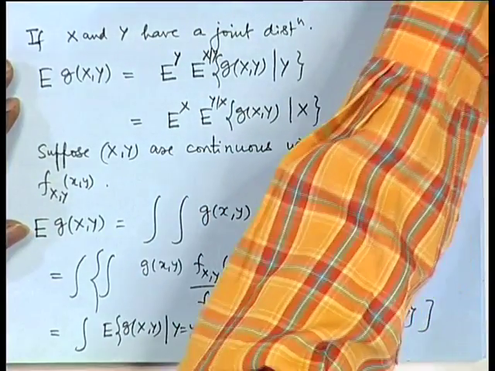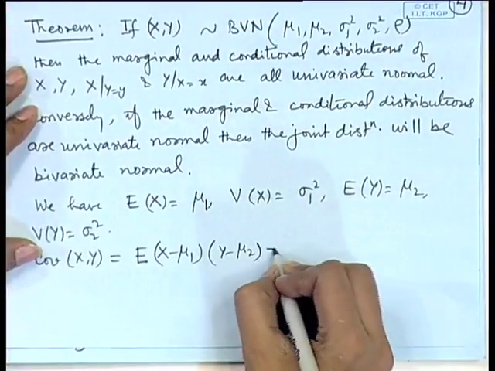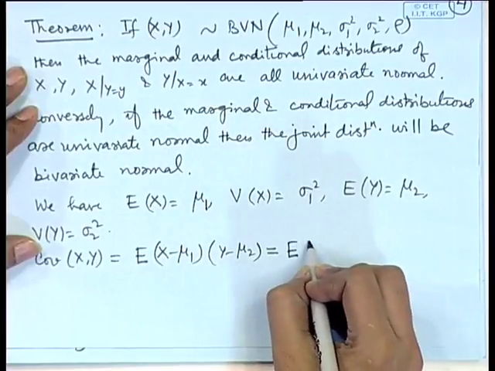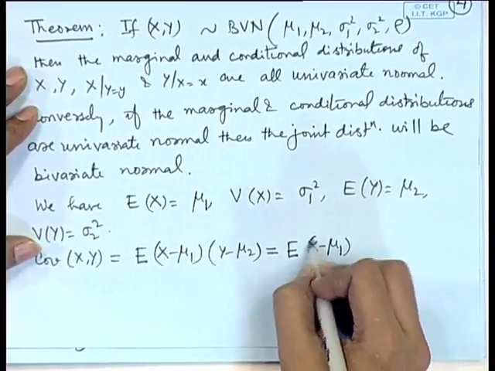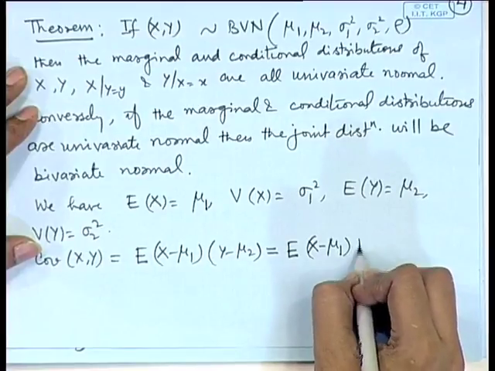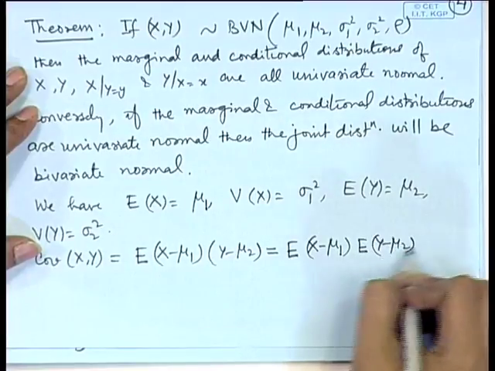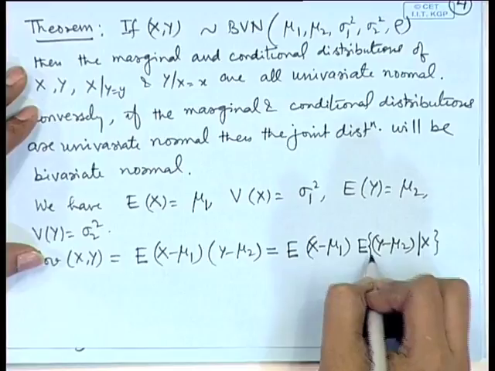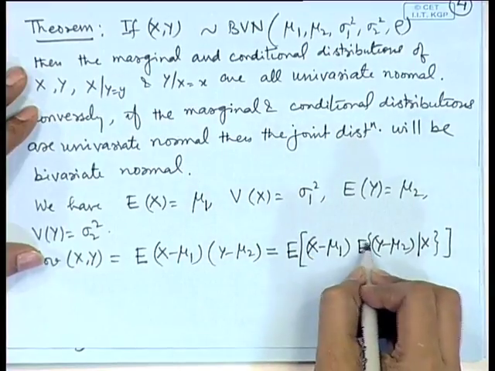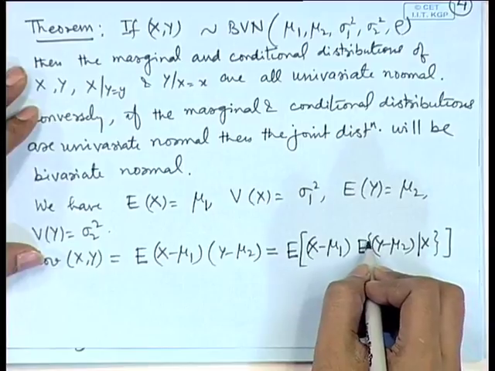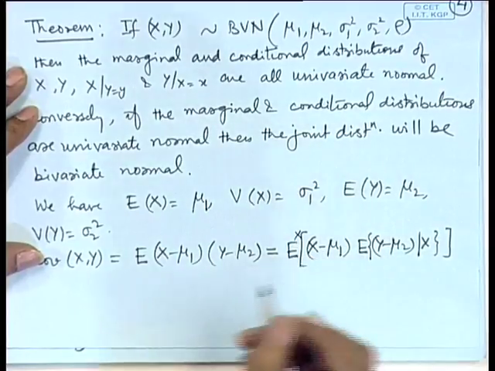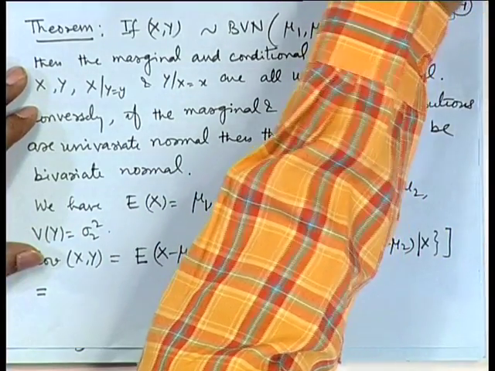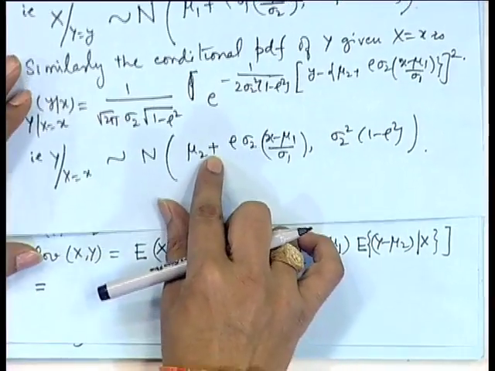So, if we make use of this, then expectation of x minus mu 1 into y minus mu 2, we can write it as expectation of x minus mu 1 into expectation of y minus mu 2 given x. So, the inner expectation is the conditional expectation with respect to the distribution of y given x, and the outer is with respect to x. The conditional distribution of y given x was calculated to be a univariate normal distribution,